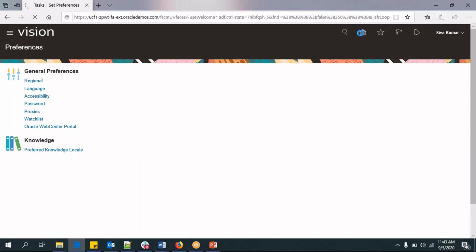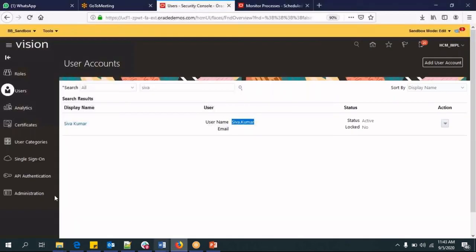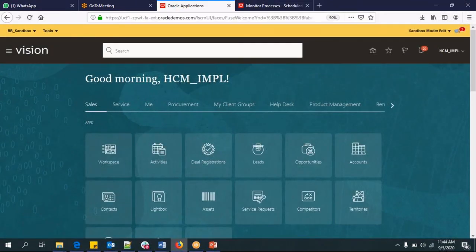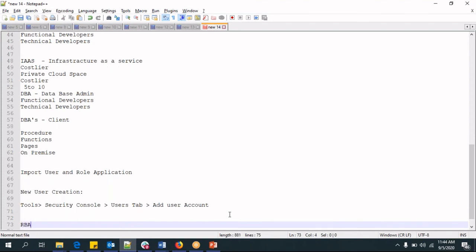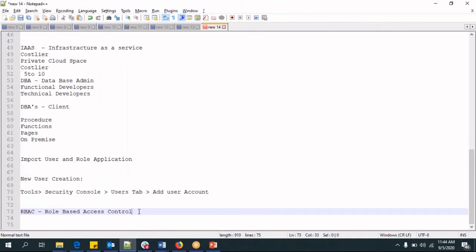Okay. Let me click on the home page. But for this user, HCM MPL user, I have access to different tasks. It came about because of security constraints that Shiva Kumar user does not have all those tasks. The type of security implemented in Oracle Fusion is RBAC model security. RBAC is nothing but role-based access control. Okay, role-based access control. Depending on the roles, I have